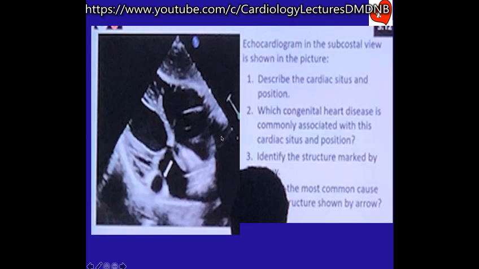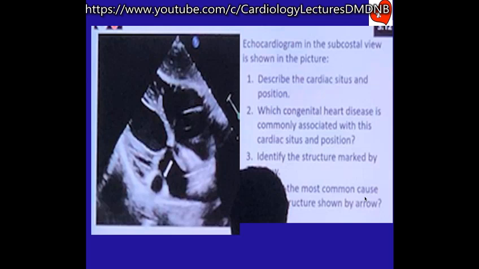Now I am not sure what it is, because the student's head is masking it. I don't know what that question is. But in CCTGA, what will be the atrioventricular relationship? So here, if we take this as a right atrium, then the right atrium is draining into the right ventricle.